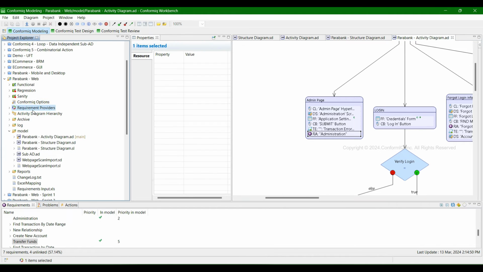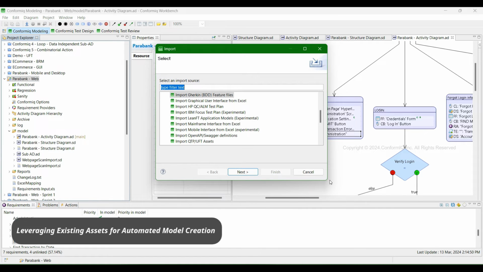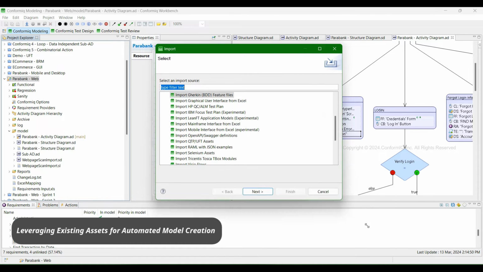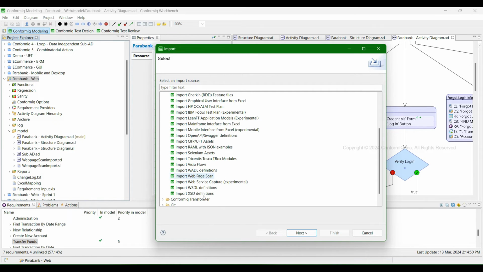We spoke about imports, importing from existing assets. So these are all the assets that we can read and import. Basically, we can read any structured file like an XML or a JSON. We just need to understand the structure as per the setup or definition of the JSON file. Yeah, as you can see, we can import BPMN flows, Visio flows, or automation assets like Selenium assets, QTP, or web service based files like RAML files, and WADL